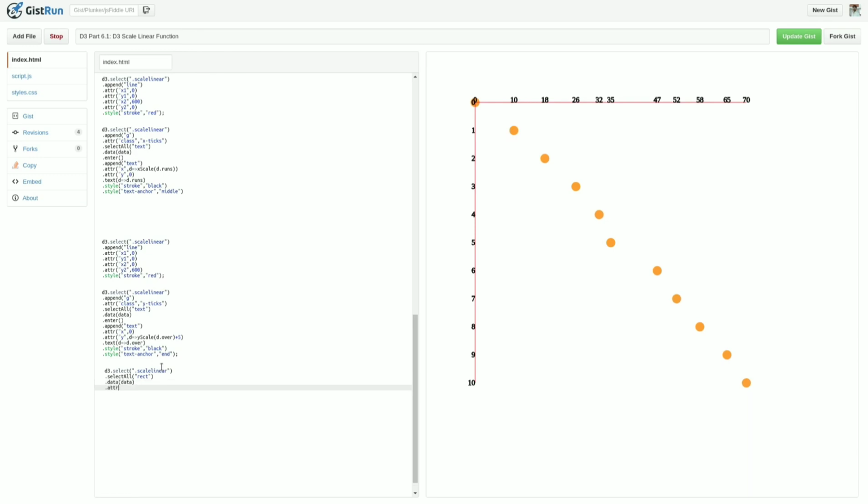Dot attribute of this rect will be x, as you will give, it will be always 0.